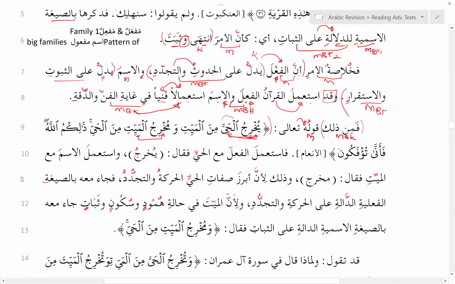Okay, so this whole part, this surah, is the عطف بيان of قوله. Right? And then you have فاستعمل الفعل. So استعمل is فعل ماضي from the استغفر family. That's why it ends with استعمل. And the فاعل is the inside pronoun هو. هو استعمل. ماذا استعمل? What did he use? What did it use? يعني the Quran, الفعل, the verb.